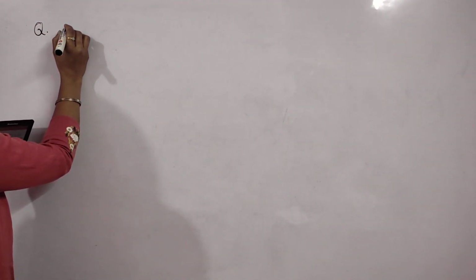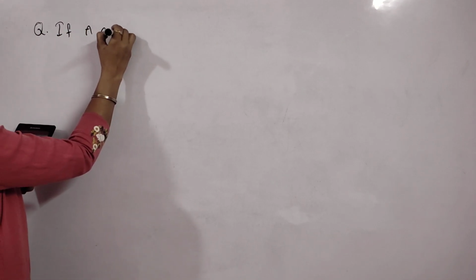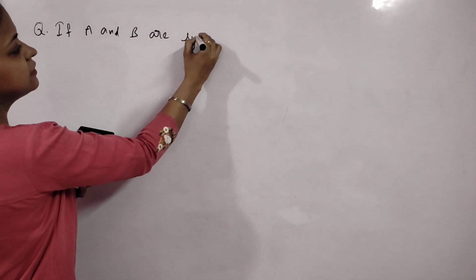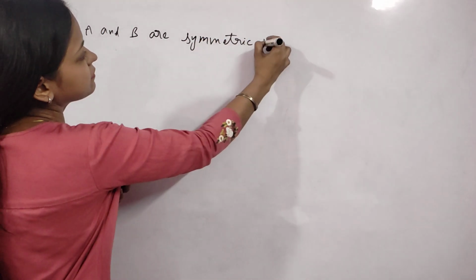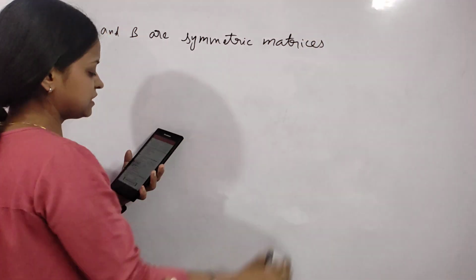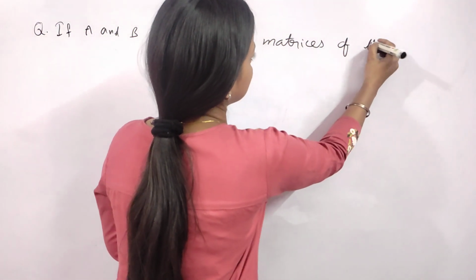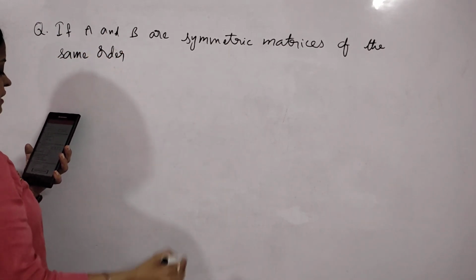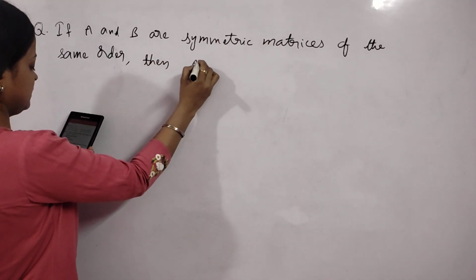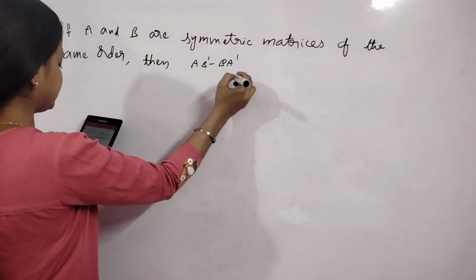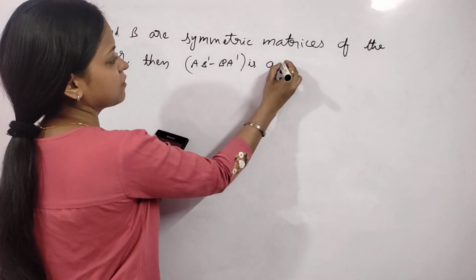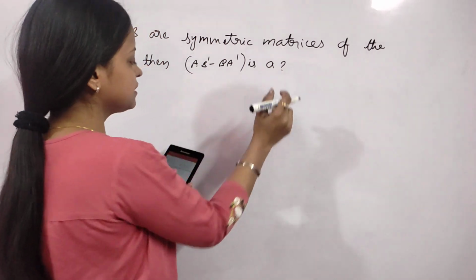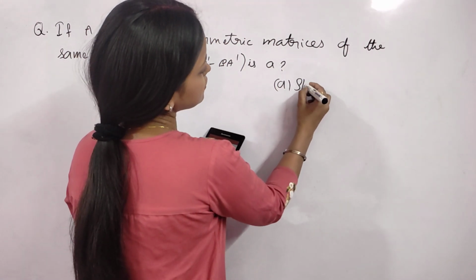Let us now solve the next question of the matrices chapter, an MCQ. The question is: if A and B are symmetric matrices of the same order, then AB' minus BA' is a, this is what they are asking, and the given options are skew symmetric